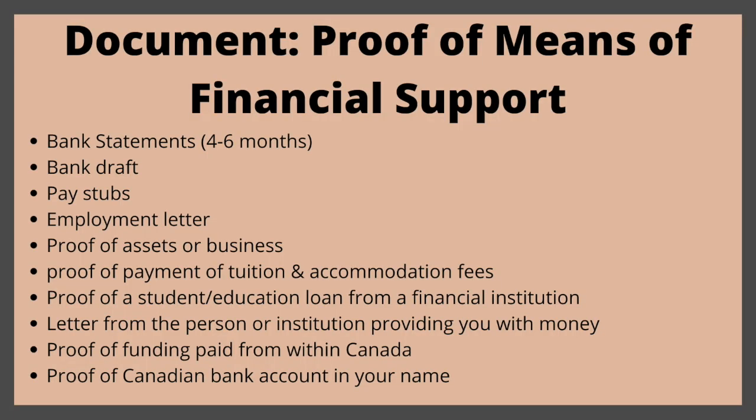If you do not have a passport and must use another travel document, it must be issued by a government and include your name, your date of birth, your document number, your citizenship or residency status, a photo, and the expiration date. Okay, so the third document that you have to prepare is your proof of means of financial